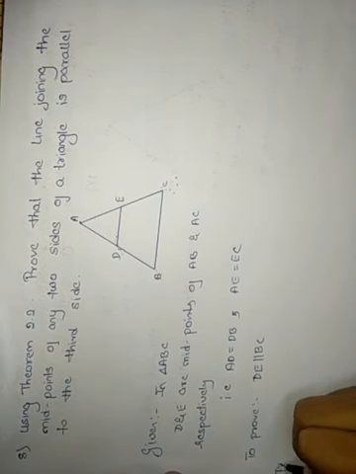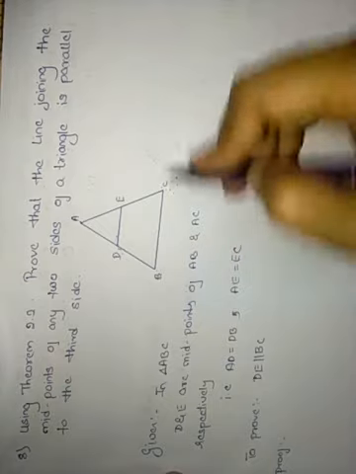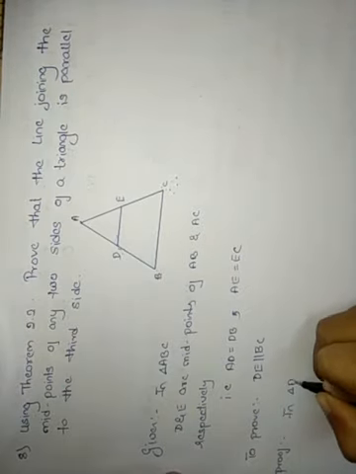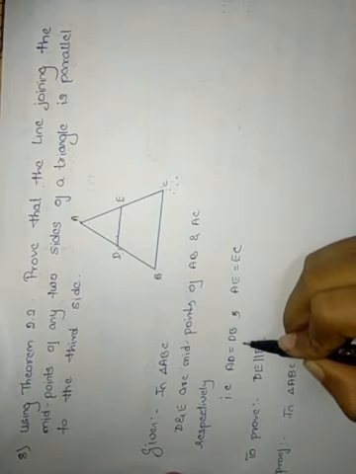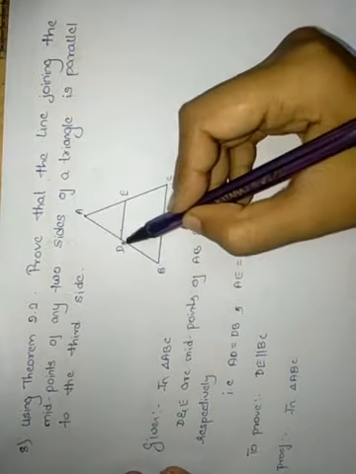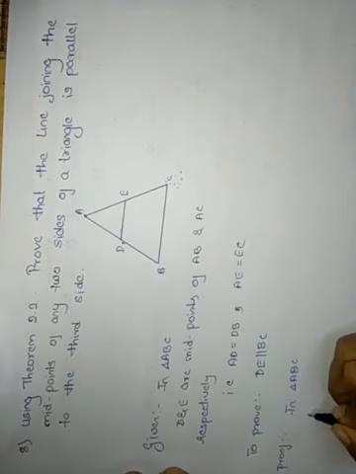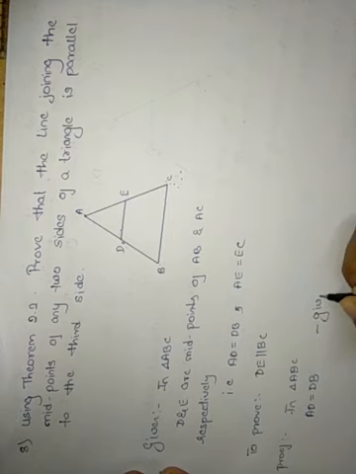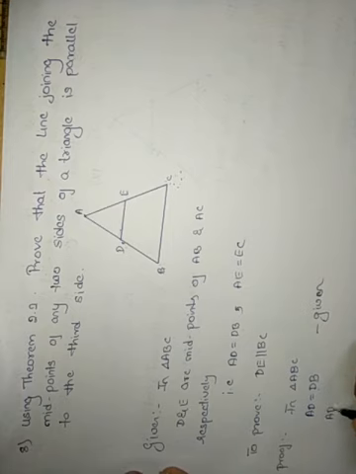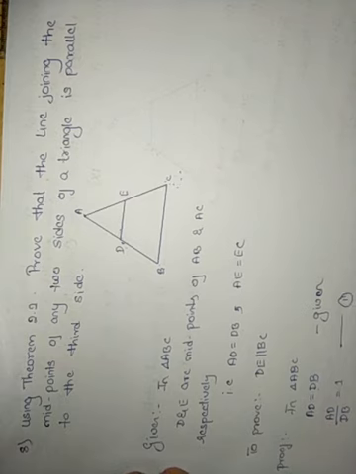And proof. In triangle ABC, we'll consider this equation. We know that AD is equal to DB. This is given. I will bring this DB to the left hand side. It looks like AD divided by DB, right? So here it is 1. We'll call this 1.